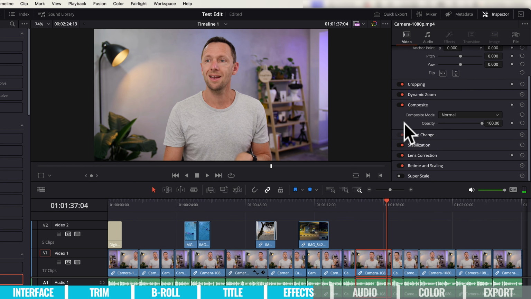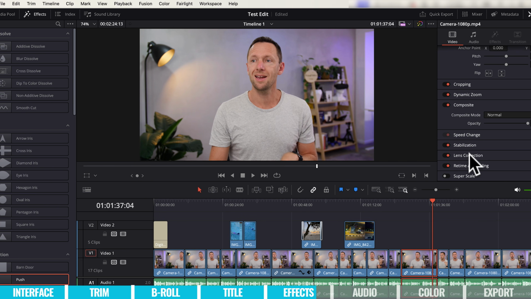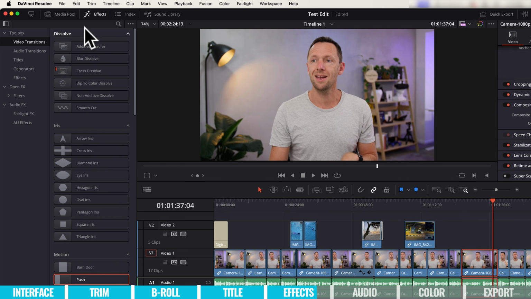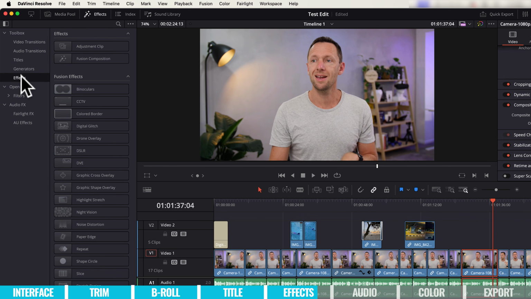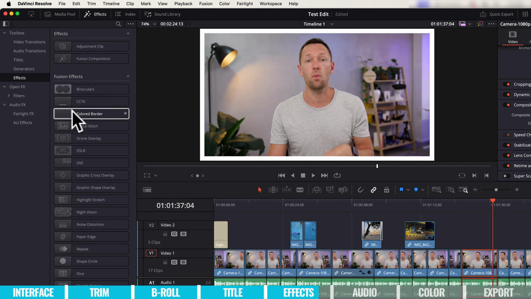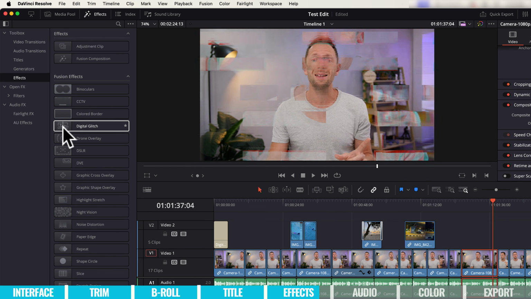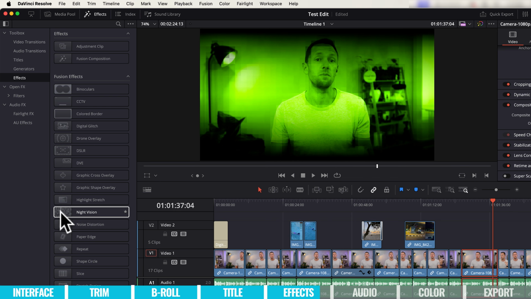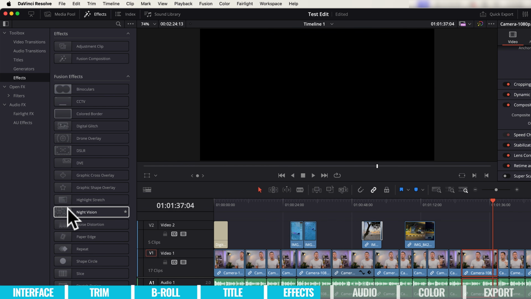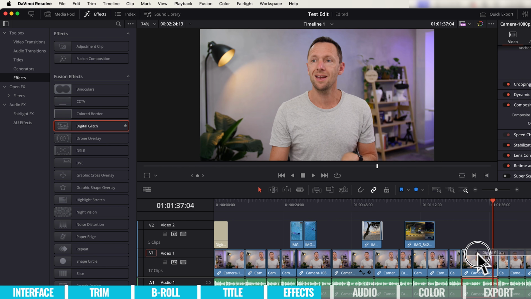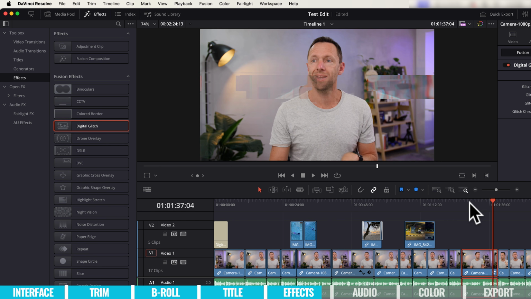If you've got shaky footage, you can also enable stabilization in here. If you've filmed on a GoPro or a really fisheye wide angle lens, you can correct that in here. Or to access more effects and things, back over here under effects over on the left-hand side here, we've got a dedicated area for effects. And this is where there's so much in here. Different borders, different glitch effects, different overlays, even a night vision effect. And again, to apply them, we're just clicking and dragging them down onto our clips here, and they will then